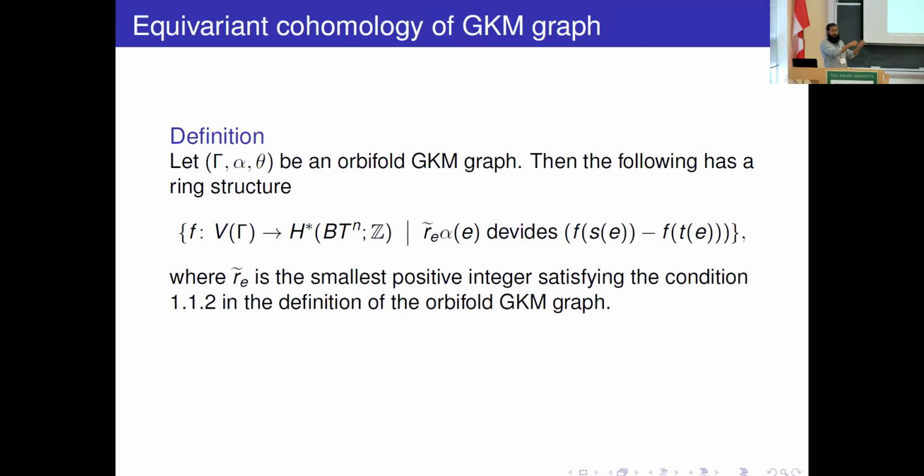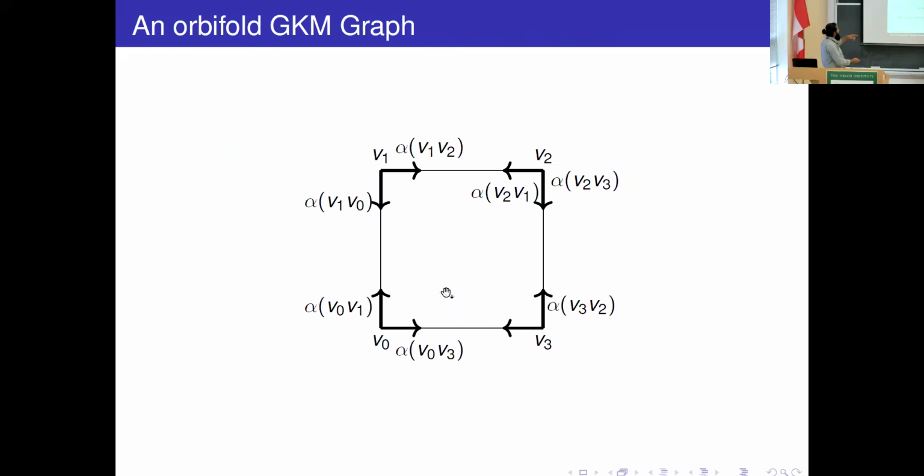So it will give some torus action on the sphere bundle, that means the circle bundle corresponding to this line bundle. That means it is a character, and that character gives the axial map. But here, this is not exactly that character, but multiplied by something. So what is this r_e alpha? What happens for the orbifold case? Maybe in the next slide it may come. Combinatorially, this r_e tilde comes from the definition we gave here.